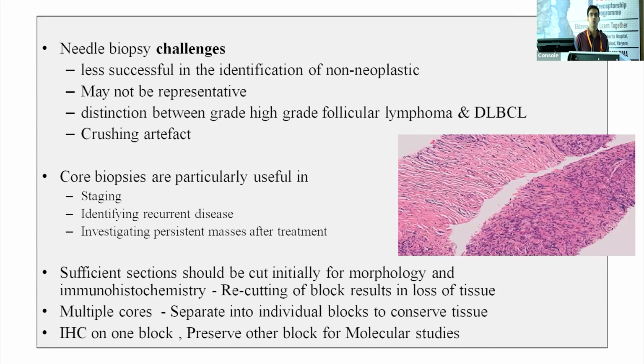The pathologist should also look after some important points, like sufficient sections should be cut within the first go for morphology as well as IHC, because recurrent cutting of the blocks leads to loss of the tissue, and we have to preserve the tissue as much as possible so that we can preserve it for ancillary studies like molecular testing, etc. And similarly, when there are multiple cores, the cores should be divided into 2 to 3 blocks,